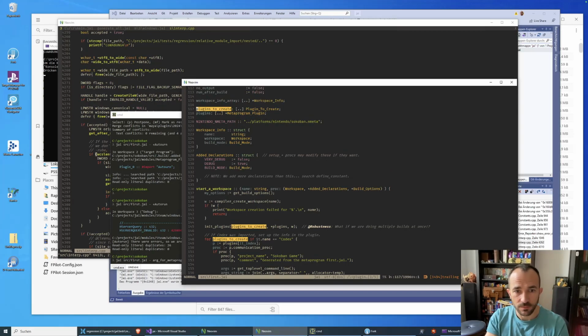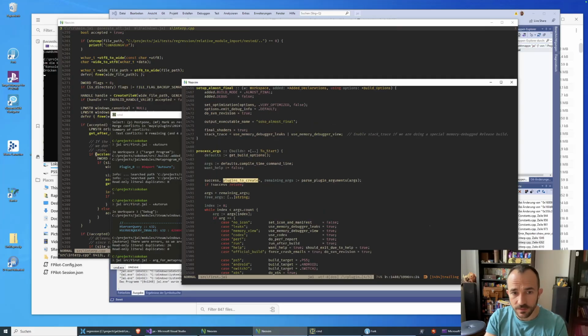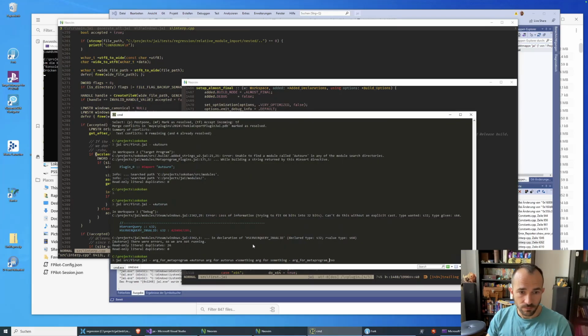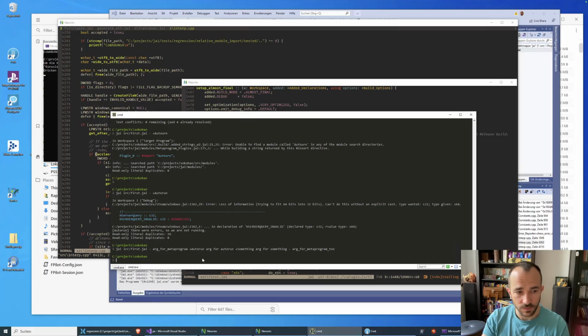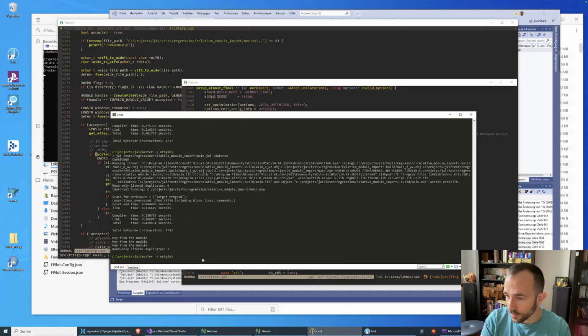It's not too bad. So all of this existed for a while, but the arg parsing is what makes it powerful nowadays. Like for Sokoban, this has become very useful because we have various plugins for the different platforms that shall not be named. And it's then nice to pass arguments to the platform plugins, etc. And all of it works out of the box. Okay.